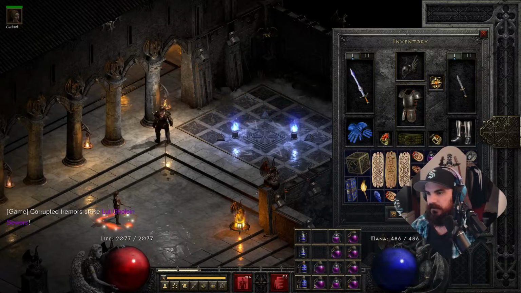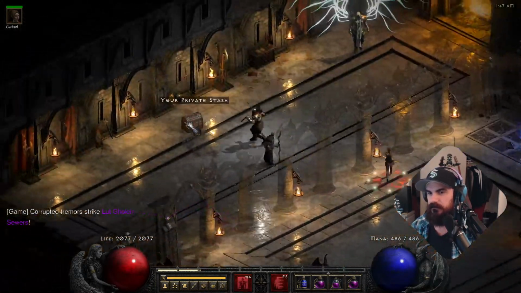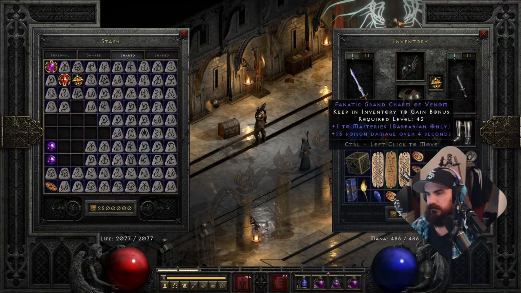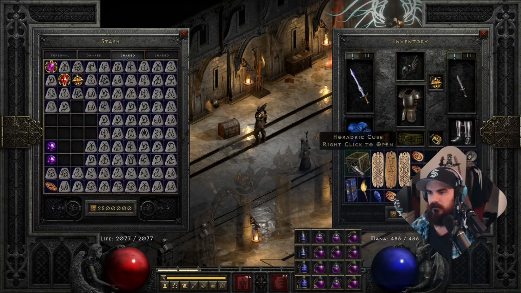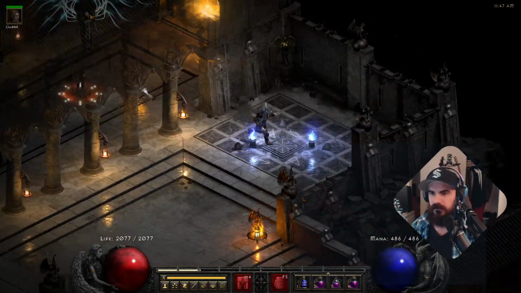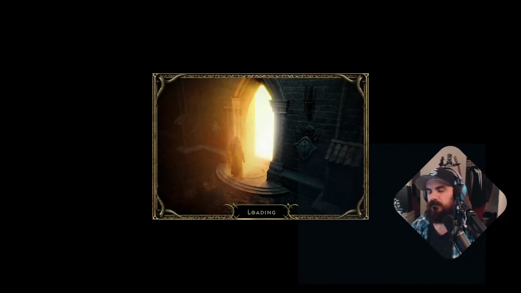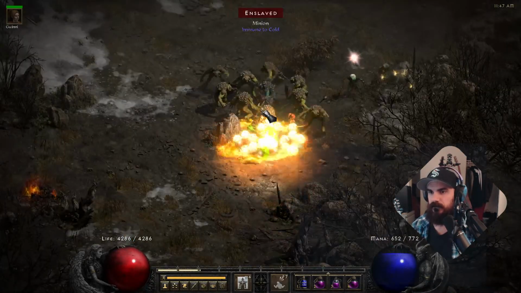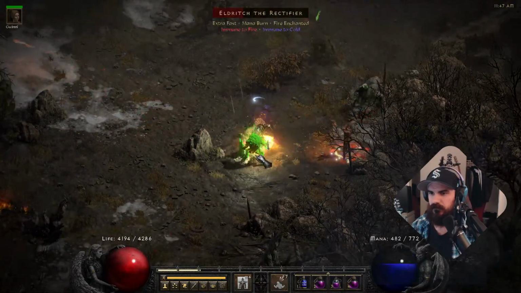My inventory is looking pretty full. This is okay for now. There's an Eldritch.